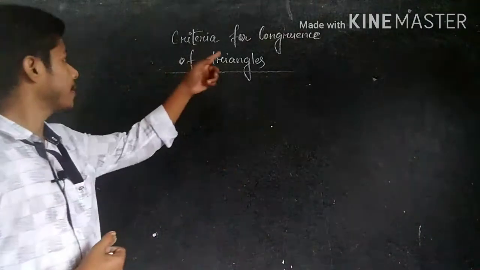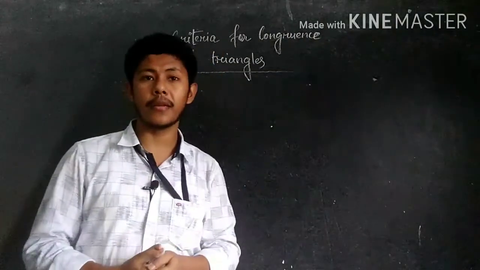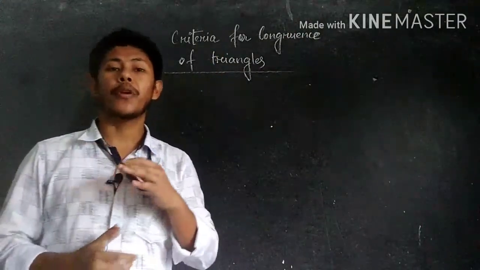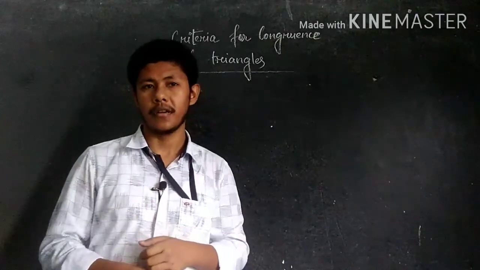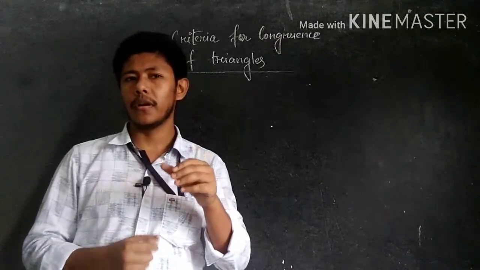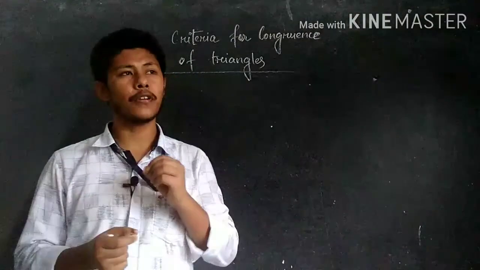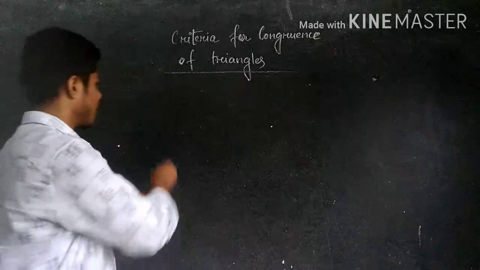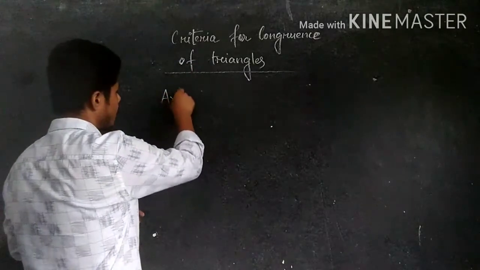Now the next topic is criteria for congruence of triangles. That means what type of criteria we get here, we have to discuss here. So lots of criteria are there. So one by one we have to discuss. So first one is axiom. So first one we have to write here axiom